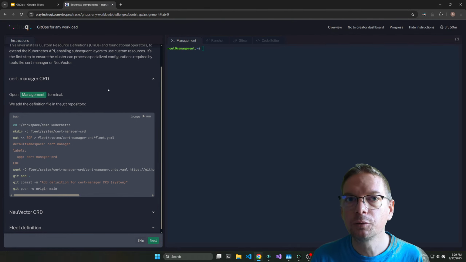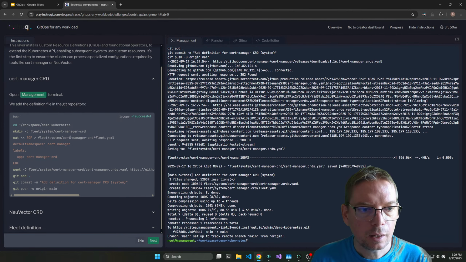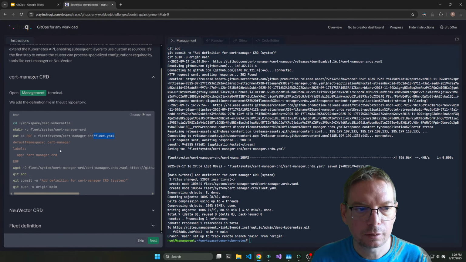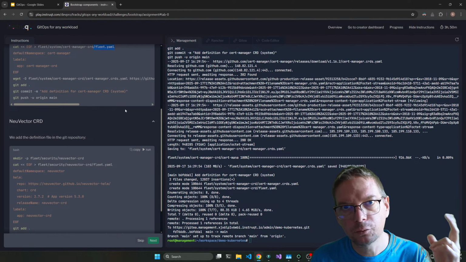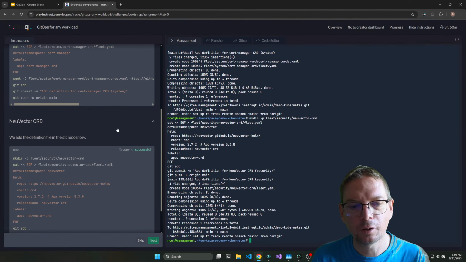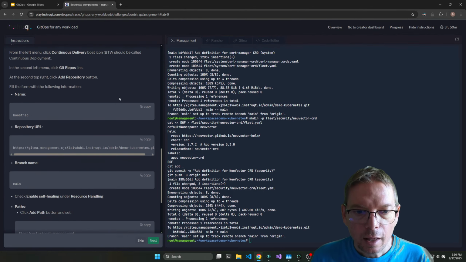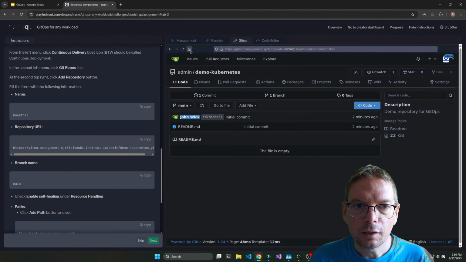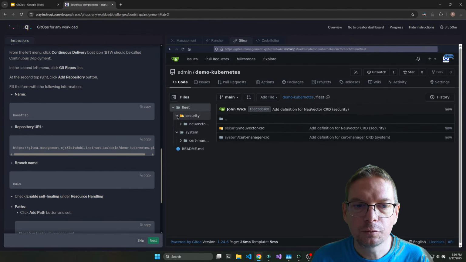And to do this, we will do it the GitOps way. What I do is create a file, a definition, and I will show it afterwards. I've got two that I need to install before I install the actual applications. If I go in Git, I can see that I made two commits, and now I've got two files.